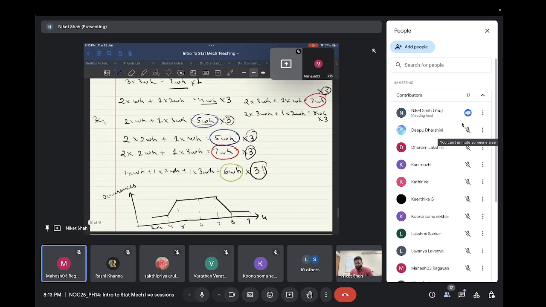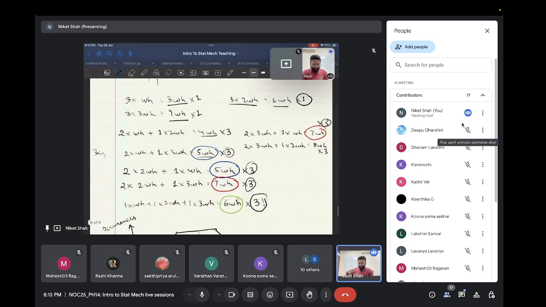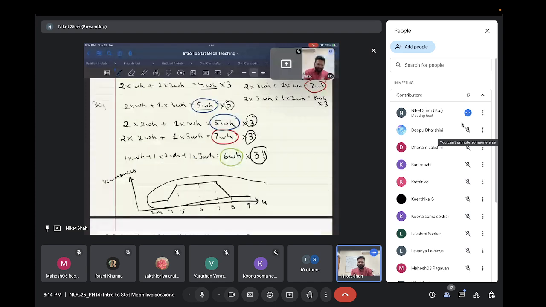Okay. So the problem that I solved previously, even though I arrived at the same answer, the mistake that I made was I did not consider them to be different people. I considered them to be the same, similar people, which is why I got the same number of possibilities. I said two possibilities for 5Wh, two possibilities for 6Wh, and for 7Wh. So this graph that I have considers them to be similar kinds of objects. Suppose we had similar marbles, which we are supposed to arrange like this, then the answer was correct.